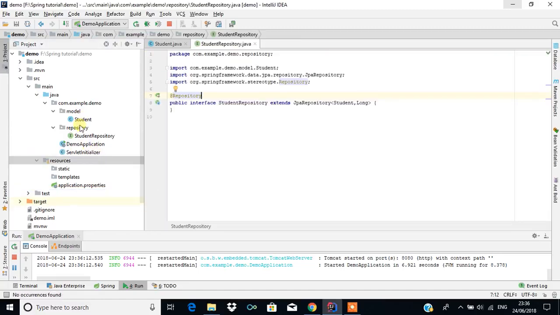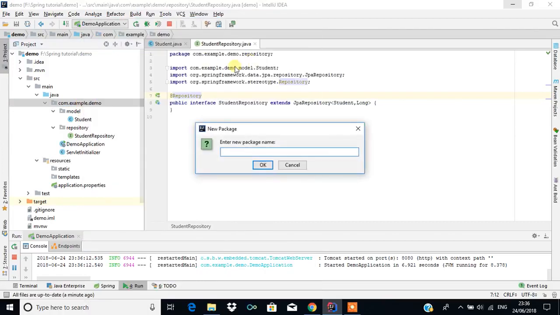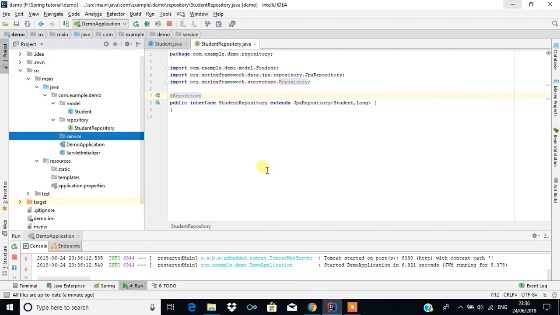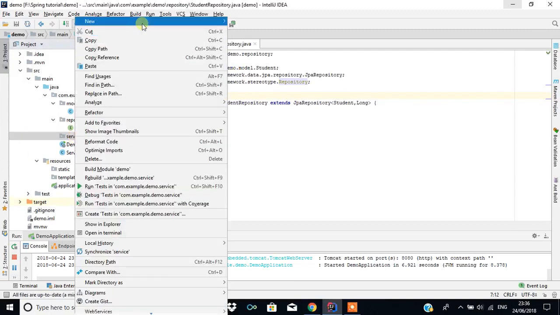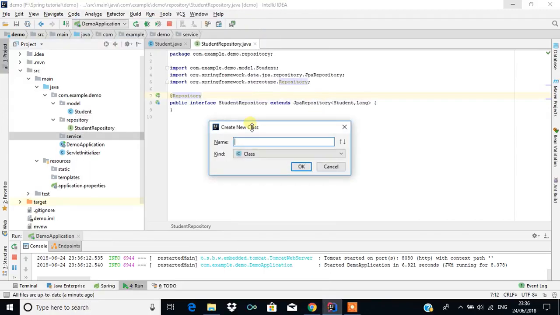and we have two things, model and repository, and I'm going to add one more thing called service, and I'm going to create a class called StudentService. So this StudentService will insert the content.